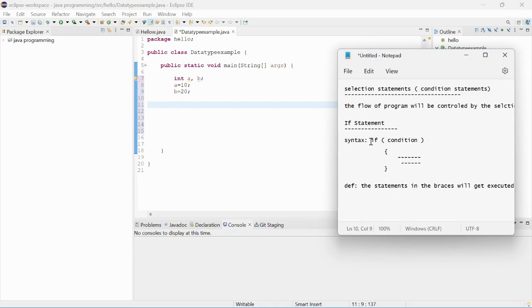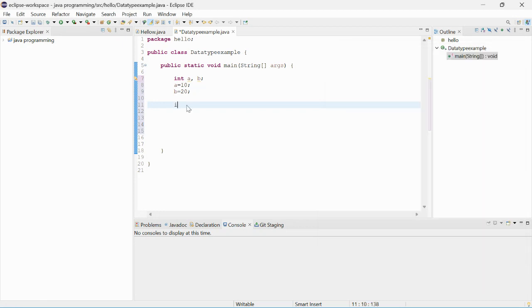So you have to take the keyword if. In that you have to open the braces. In the open braces, you have to give the condition. I want to give the condition a less than b. Okay, this is my condition, a less than b. Then after enter,